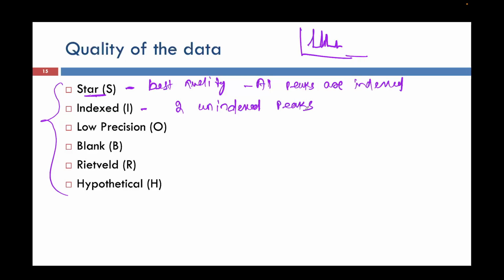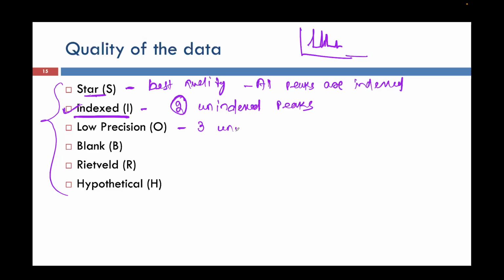If your data is matching with a standard data with indexed quality, that means in the standard database itself there will be two unindexed peaks. Let's say you have got 16 peaks. Generally it doesn't come like that, but for now assume you have got 16 peaks between 10 to 90 degrees 2 theta. Out of those, you have not been able to match the two unindexed peaks because this quality is indexed. Similarly, low precision means it is